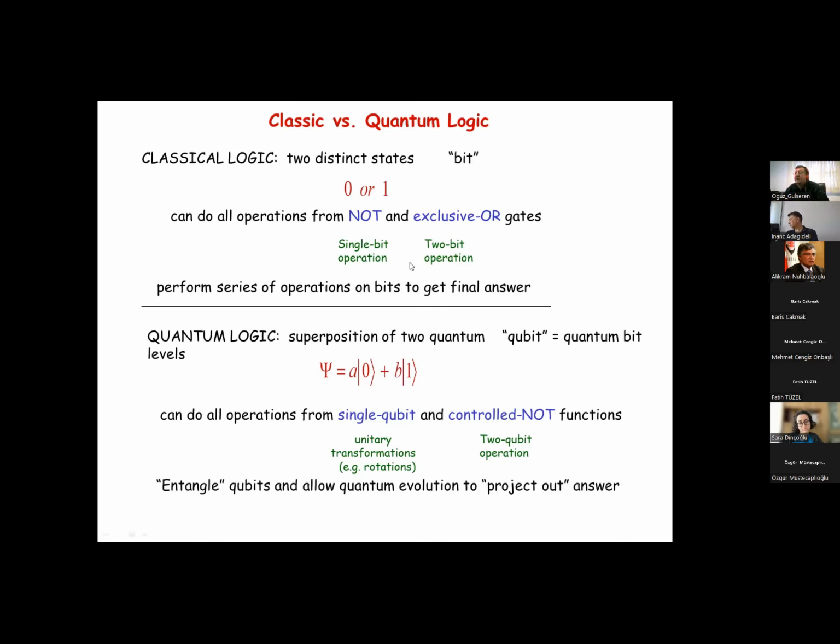Similarly, analogous to the classical approach, we have a single qubit. Now we have the unitary transformations, like rotations and so on, and a 2-qubit operation for the control node. And using these two logic gates, actually,